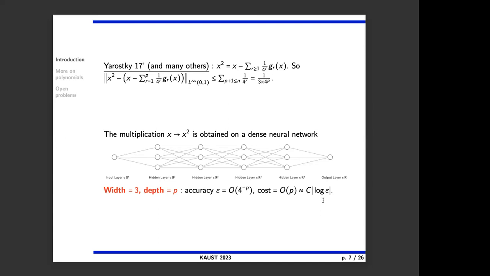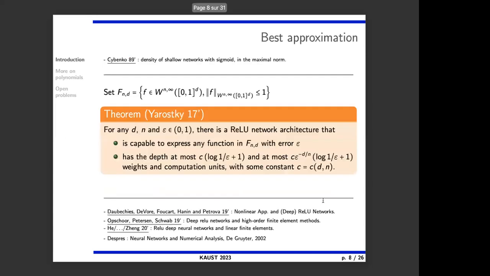Okay, and actually this formula, I will not explain why, is the basis of a theorem proved by Yarotsky 6 years ago, which is called the best approximation theorem in approximation theory. Take a certain class of functions which are regular, in this case all the functions have derivatives in L infinity up to the derivative of order n. Fix these parameters. Then there exists a neural network. Actually, the neural network previously shown for the function x square, you can extend by duplication, and then you can do similar things for x3, for x4, for xy, and this is the reason why it is possible to